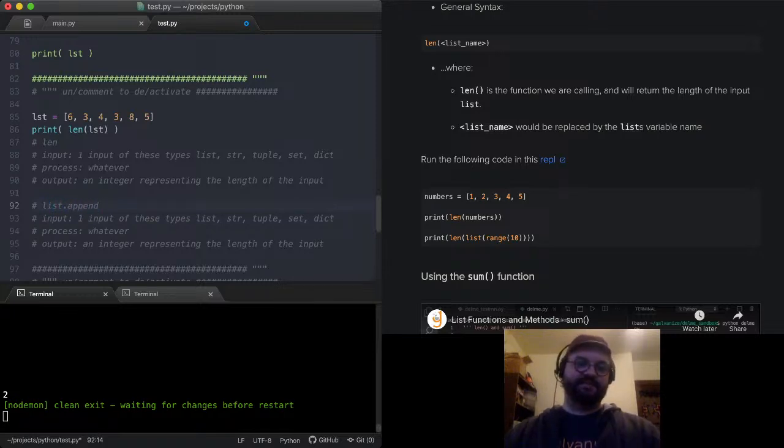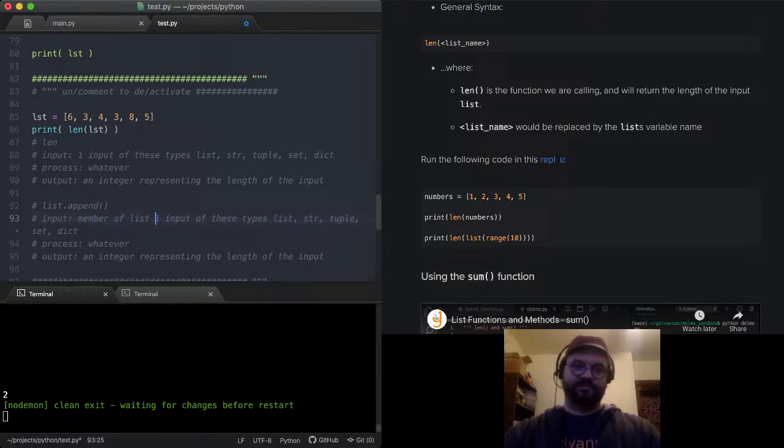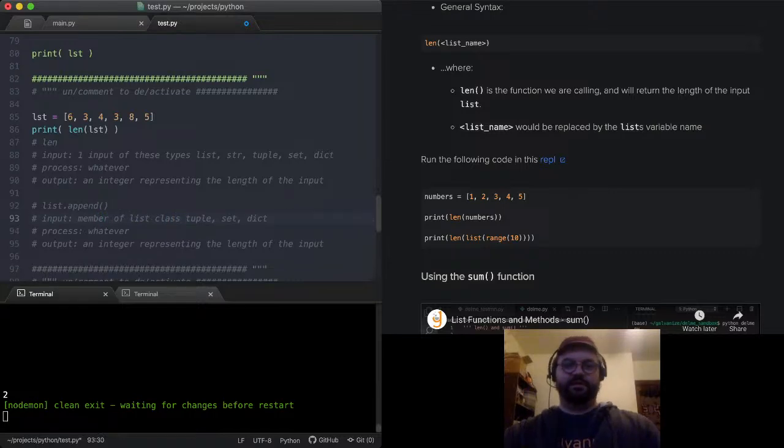List.append takes in, so it's inputs, I would say, a member of the list class, right? And I would just consider the class that it's a member of as part of its input, and then I would say a member of the list class and takes one argument, which is an item to append to the list